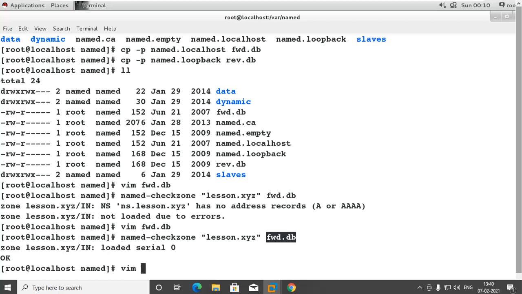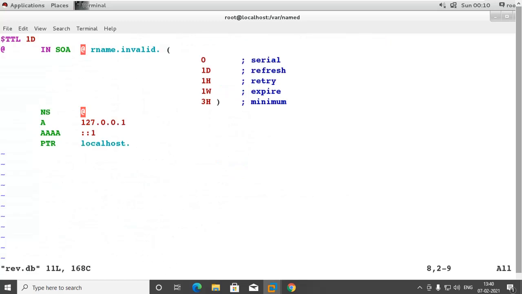So again we will edit the file, vim rev.db. Now this is the reverse lookup. Again this is the start of authority.